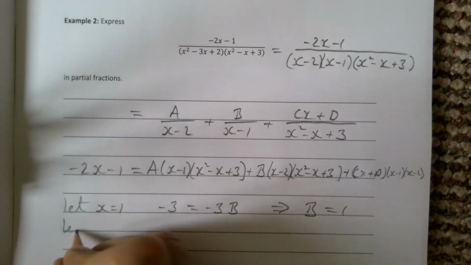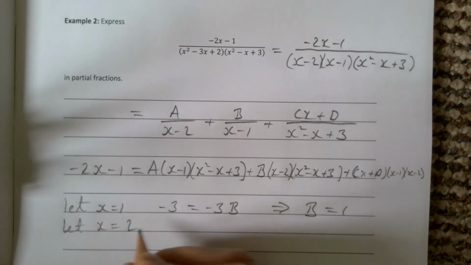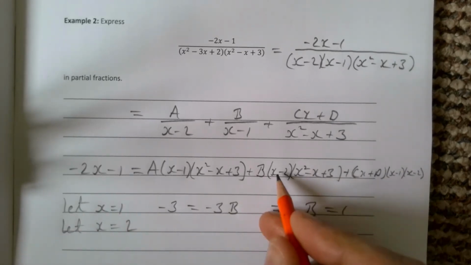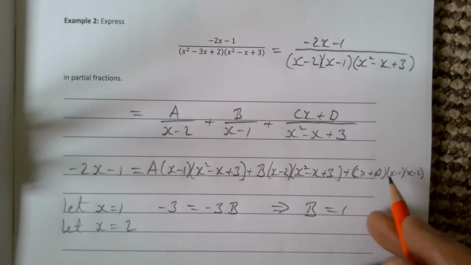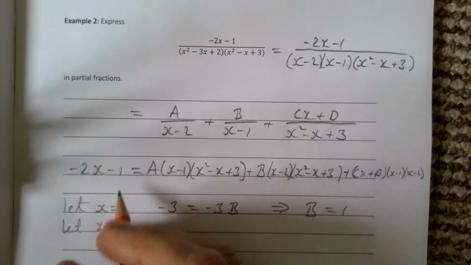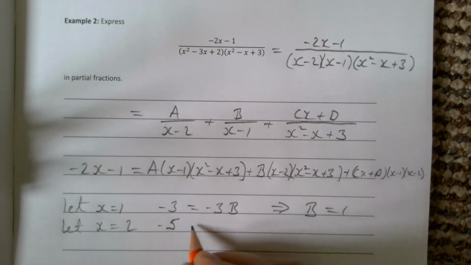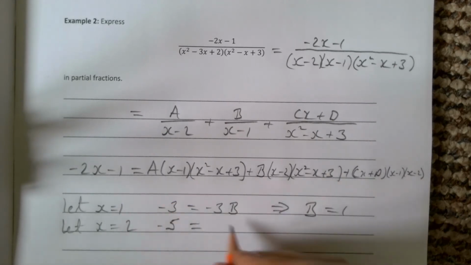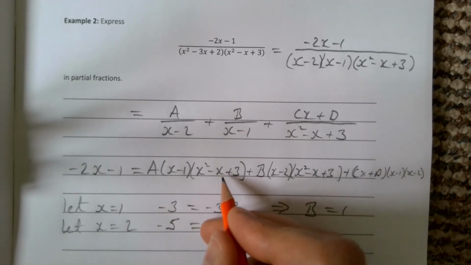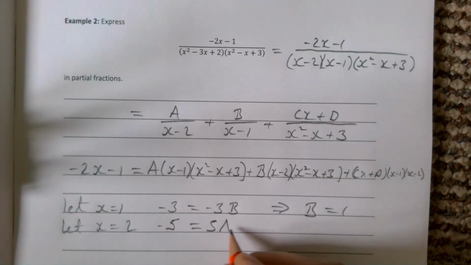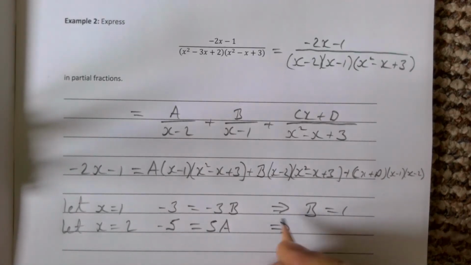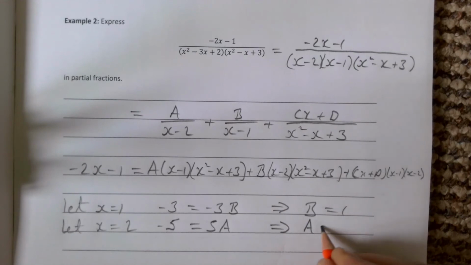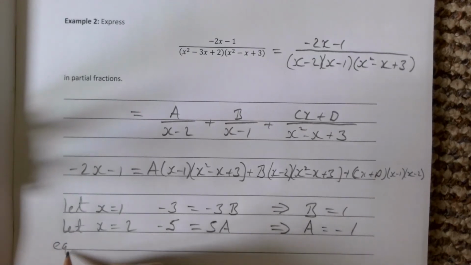If I let x equal 2, that means this whole term will disappear. This whole term will disappear. If I let x equal 2, I get minus 5. And that's a 1 there. That gives me 5A. This gives me a value then of A equals minus 1. I'm going to then equate